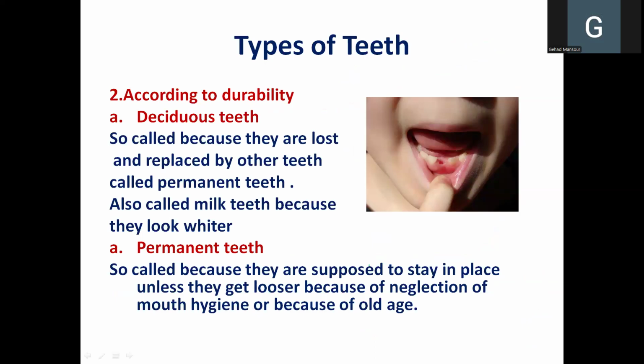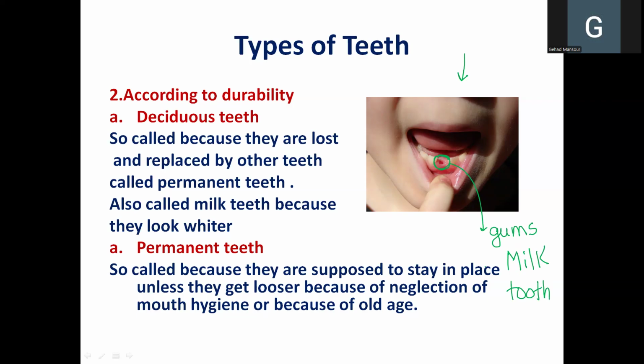Another way of classifying them: this is the picture of a child who has his teeth being changed. Here is the gap that is left in the gums after the tooth has fallen, and the tooth that fell down and was lost is called a milk tooth. This is in opposition to the teeth that we saw on the previous slide, which are called the permanent teeth. So according to their durability,